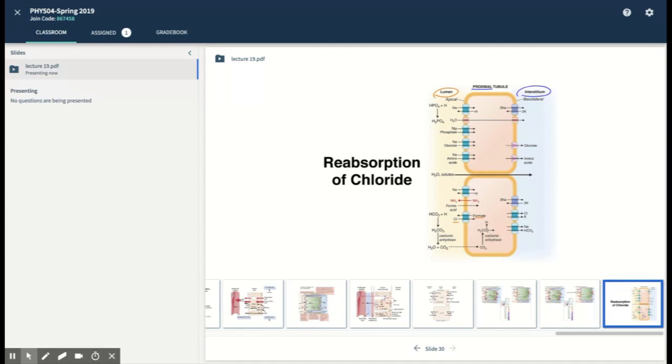When we get to the late proximal tubule heading into the loop of Henle, the voltage inside your lumen is going to change. Okay, it's going to become more positive. So what's going to happen